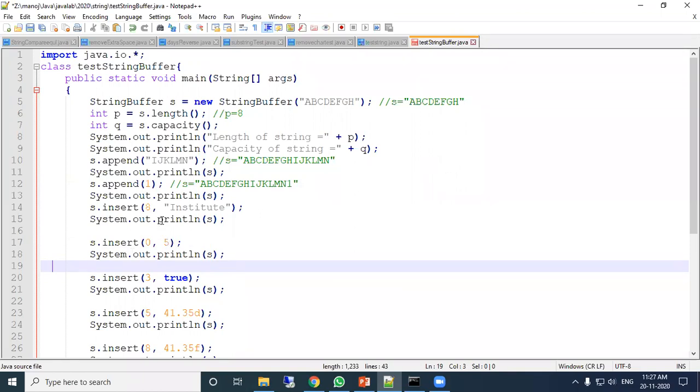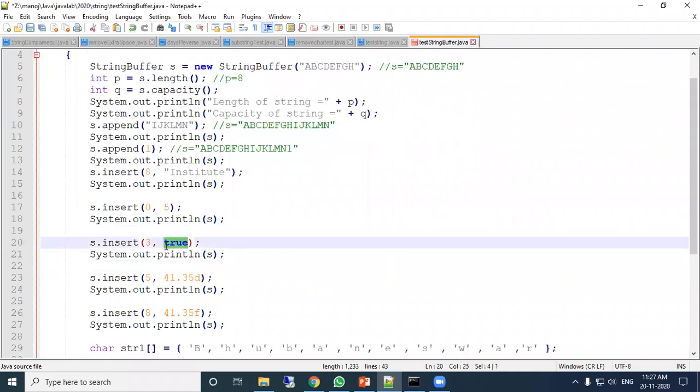See here, this is Boolean data, inserting at 3 position. Remember, this is your index, and index position always starts from 0. A is 0, B is 1, 2, 3, 4, 5, 6, 7. 8 is your I position.